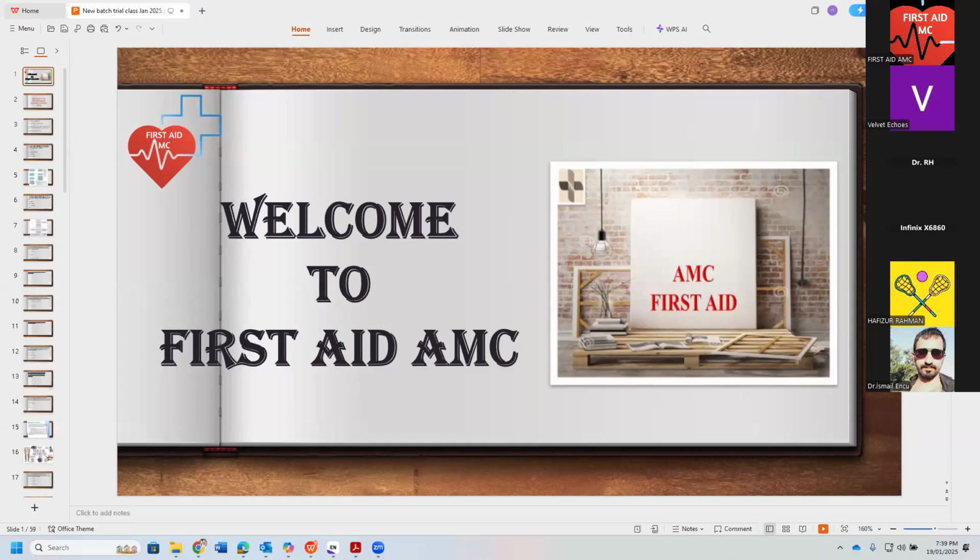It is quite a possible exam, the AMC MCQ, but the thing is, the Australian health system is a bit different to the health practices in the subcontinent region. They are very strict in following the protocols and guidelines in managing the patient. So if you are well aware of the basic knowledge and of the Australian health guidelines as well, it will be easy to pass the exam.